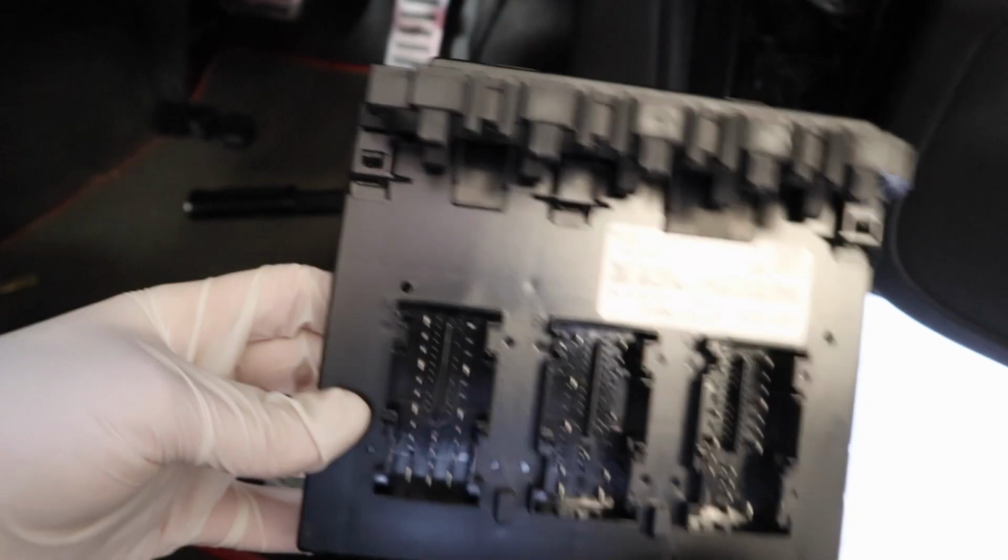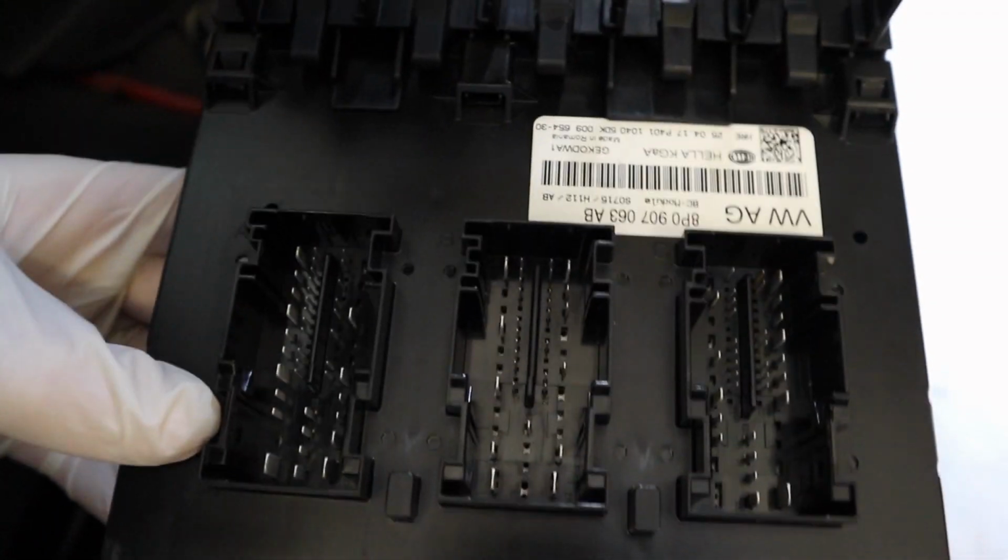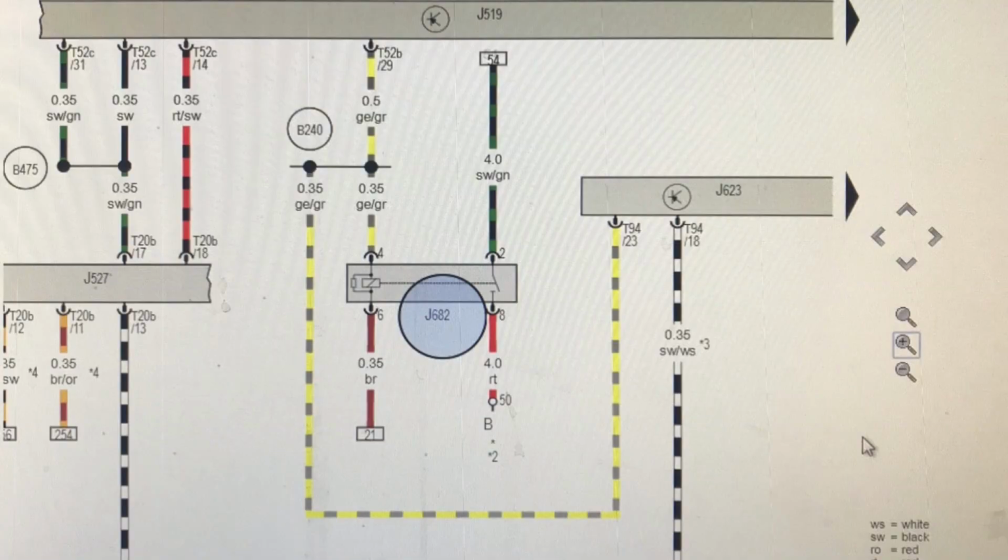So as you can see, I have removed the central control unit. It was just easily tucked up there, just folded it down. I removed all the plugs and I have it here in my hand. So this is the J519, the central electrics, and the wiring diagram, which I'll just ping up now, said it's